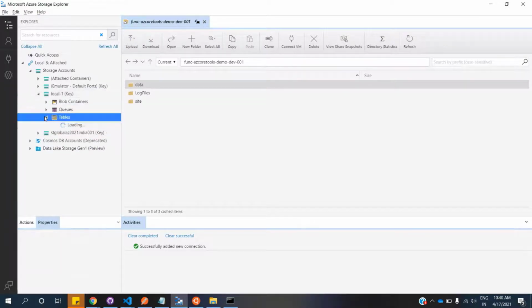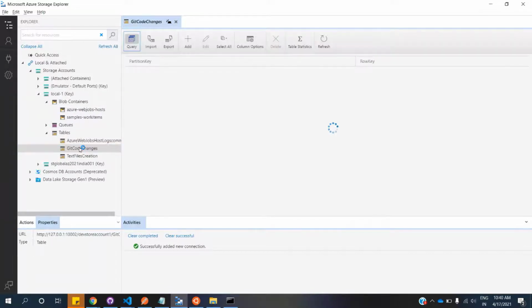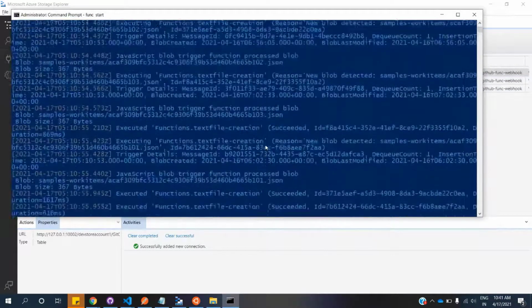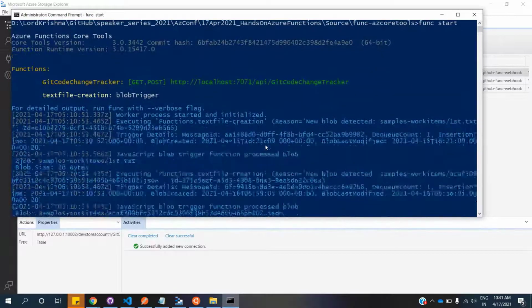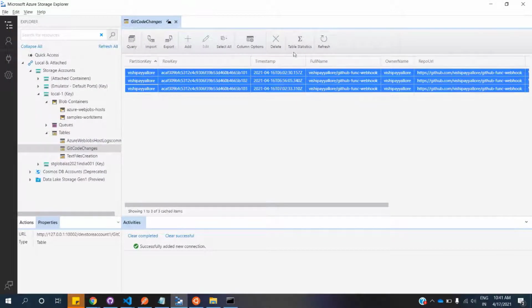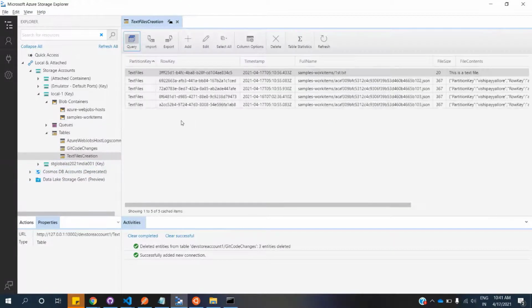I can see quite a few records I created yesterday. So let me do a cleanup of that. Okay, these were the things I had previously. Let me go ahead and delete those so that we can see how things are working.